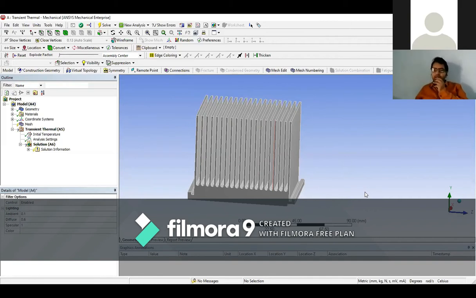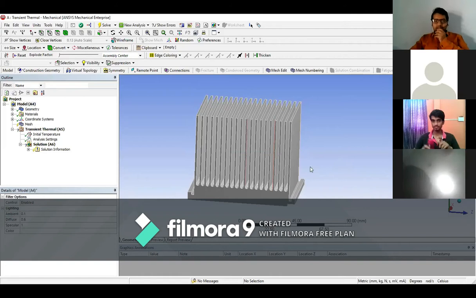CFD actually depends upon computational fluid dynamics. This is basically fluid mechanics, so our command should be stronger on fluid mechanics. If you want to perform the thermal transient analysis, then you need command of heat and mass transfer for applying the constraints. Okay, so now go to the geometry and select the heat sinks.